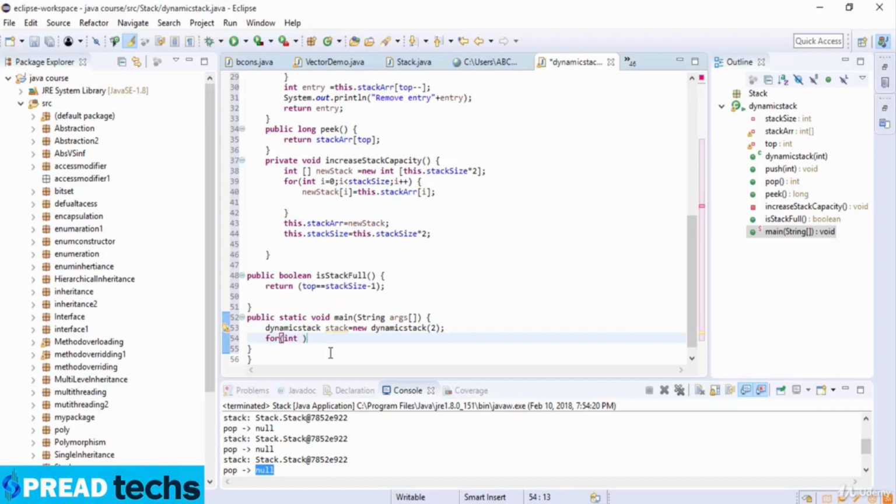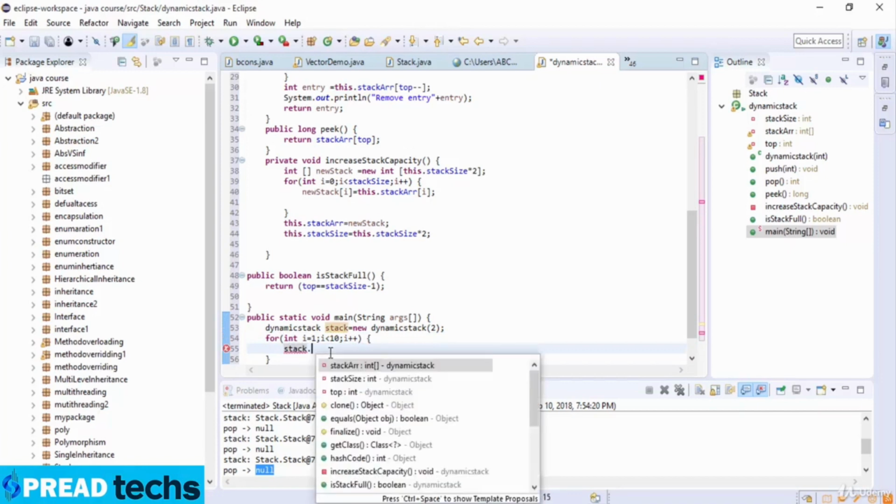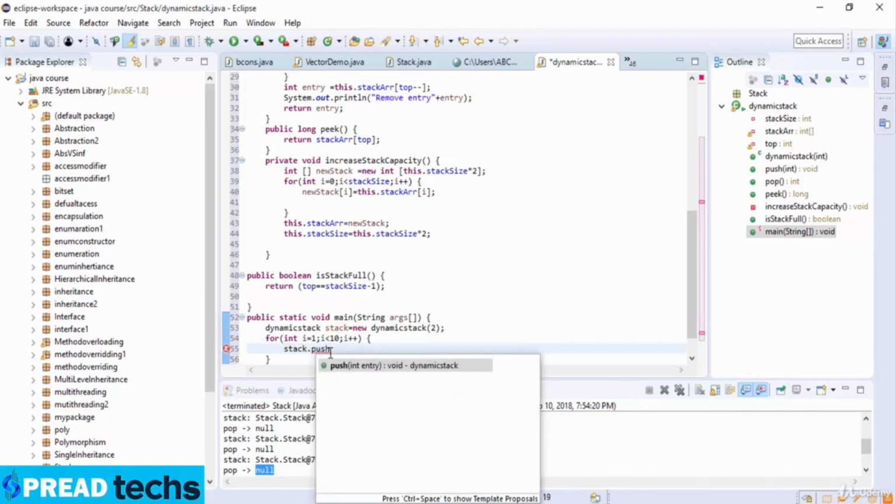And now I write for integer i is equal to 1, i less than 10, and then i plus plus, the increment operator, and then stack dot